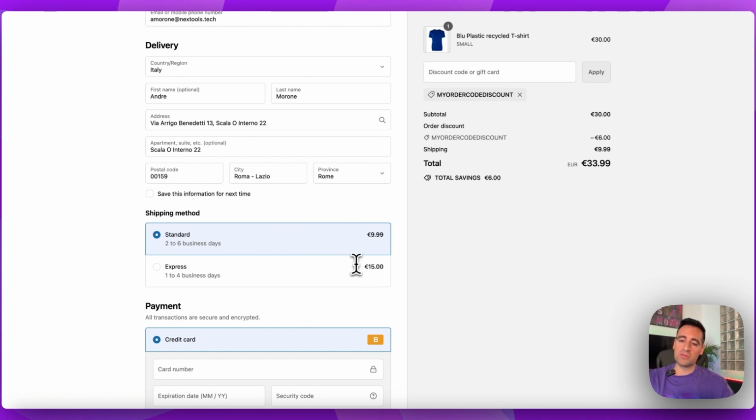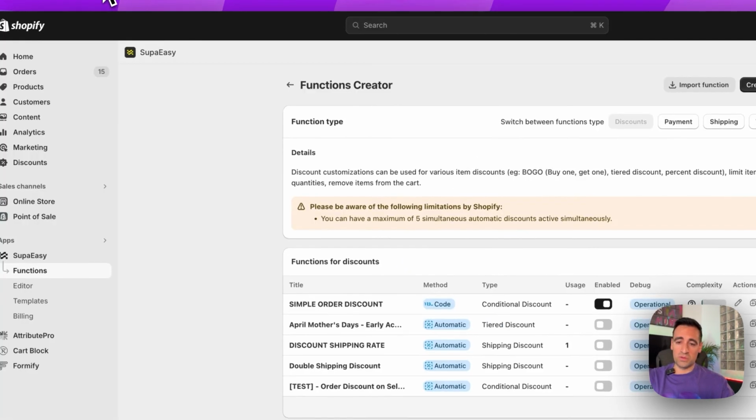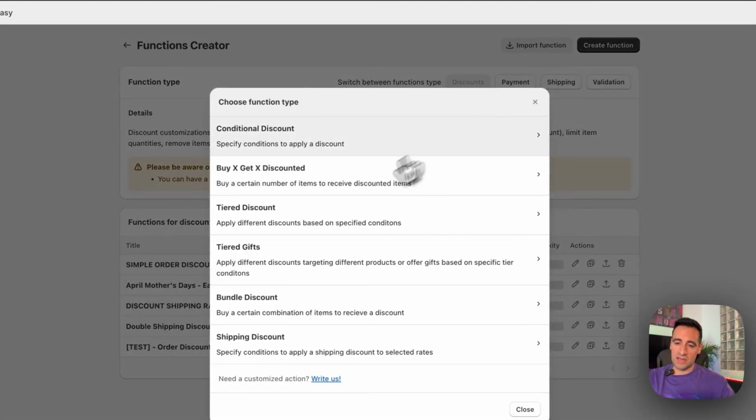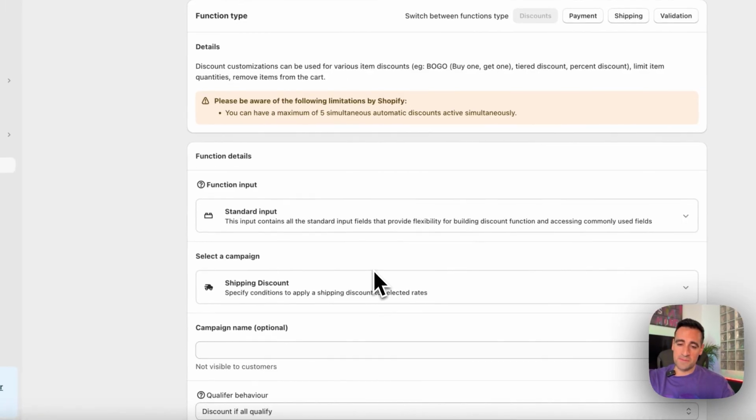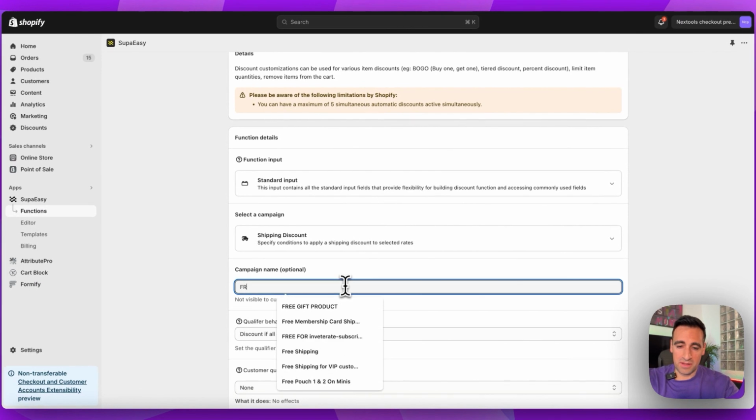But let's take a look at how we can now also provide a shipping discount and discount all the shipping rates by 100%. So this discount will give a 20% discount on the cart and a 100% discount on all the shipping rates. What we need to do is create a shipping discount in SupaEasy. So free shipping with